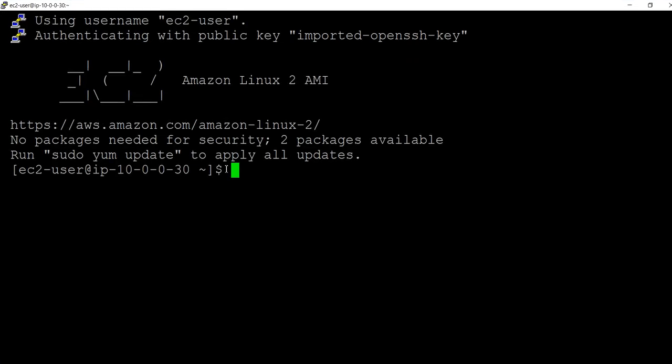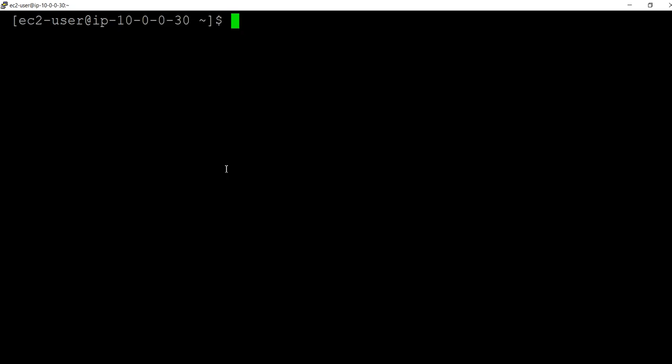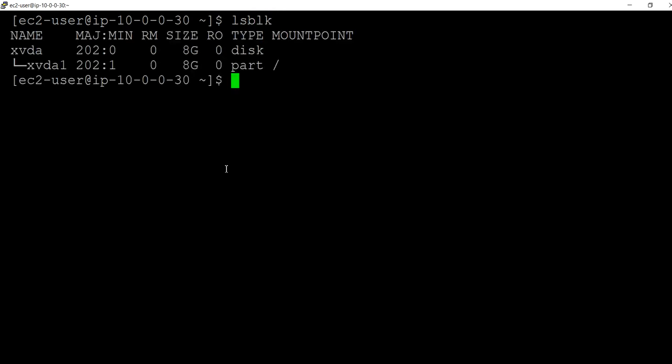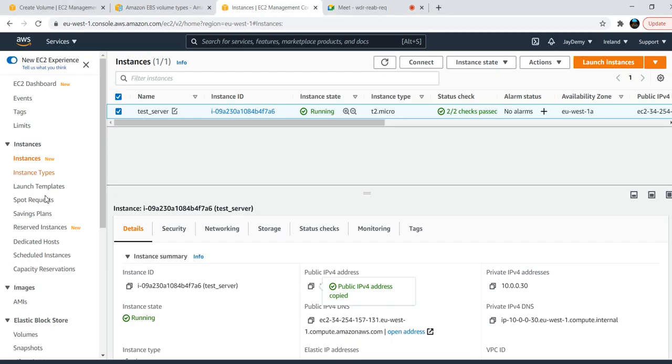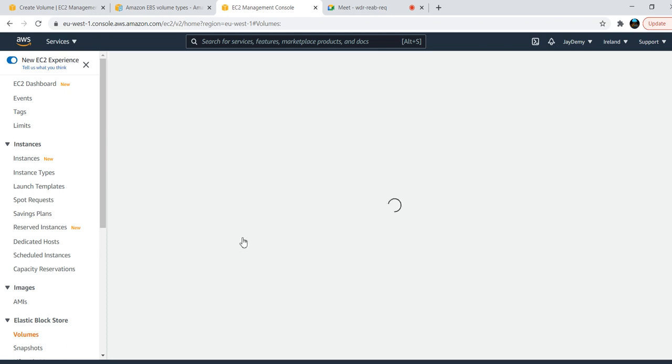Okay, Control L. So now, lsblk to list the devices which I have. Now I have only one disk, xvda1, which is partitioned. It is 8 GB, mounted under root volume. So as we did yesterday, I'll quickly create one more volume, attach it, and test that one.